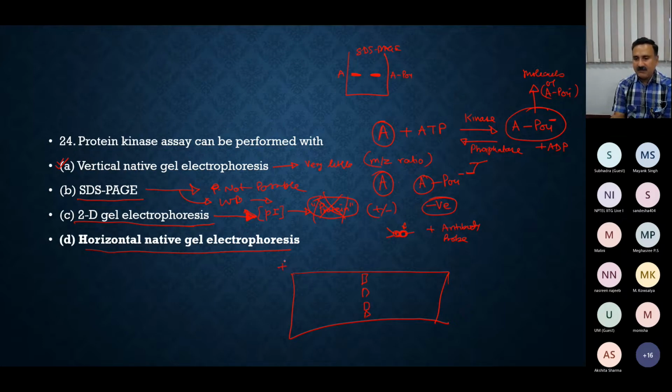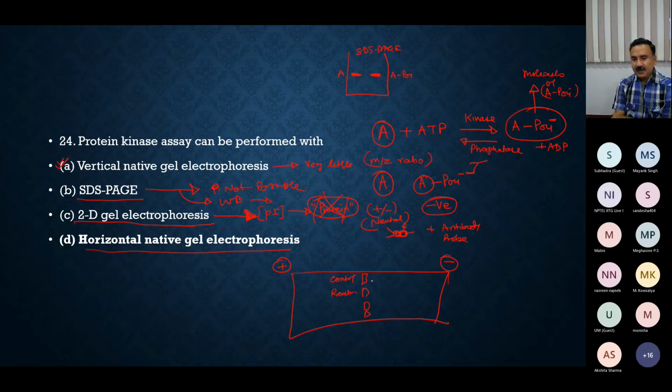This is going to be positively charged, this is going to be negatively charged, and I assume that A is neutral. You can assume A negatively charged or positively charged, but if I consider A as neutral, then in this gel I have loaded the control reaction. In this gel, I have loaded the